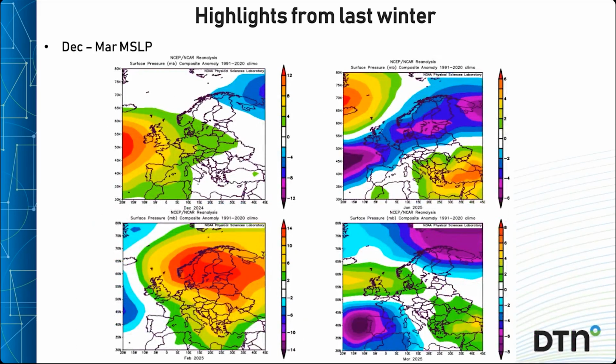So these are the average surface pressure patterns from December. Pretty clearly shows the variability at the surface. This December had a recurring Atlantic ridge pattern with high pressure near or west of the UK,